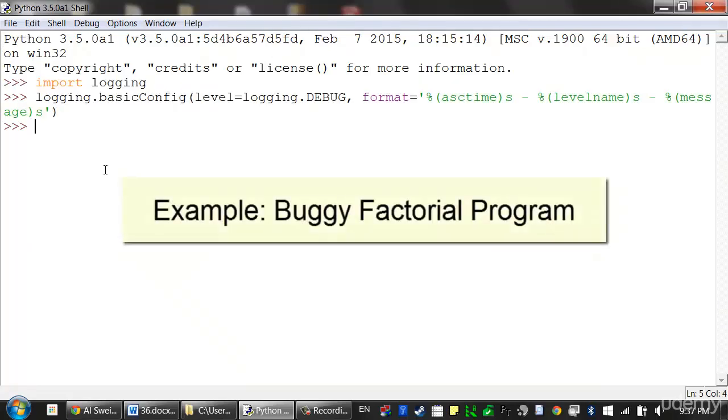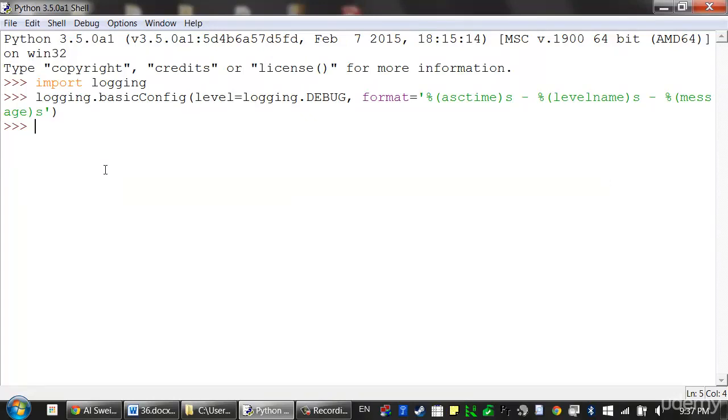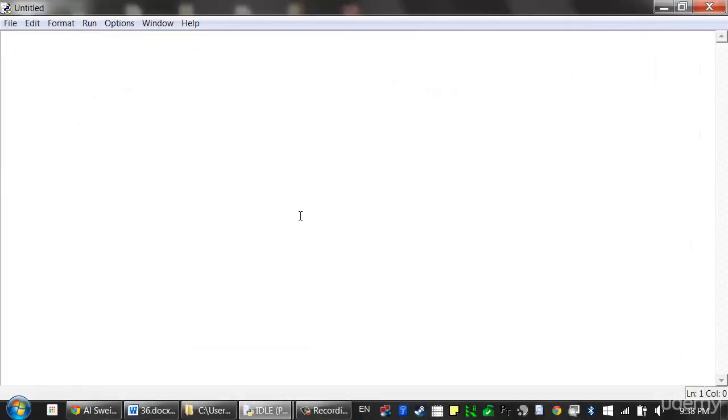So let's do an example with a function that calculates factorial. In mathematics, factorial 4 is 1 times 2 times 3 times 4, or 24. And factorial 7 is 1 times 2 times 3 times 4 times 5 times 6 times 7, or 5040. Let's write a function that will calculate factorials for us. Open a new file editor window and enter the following code. It has a bug in it, and we'll later use log messages to help us figure out